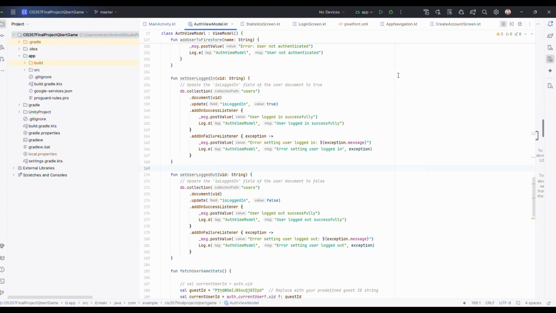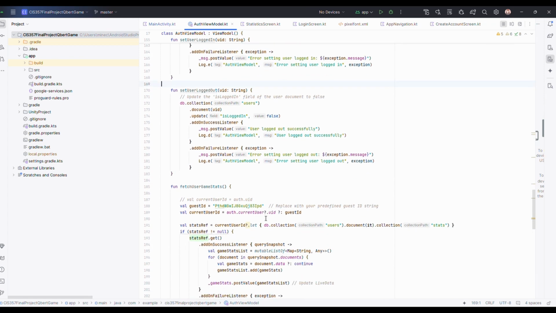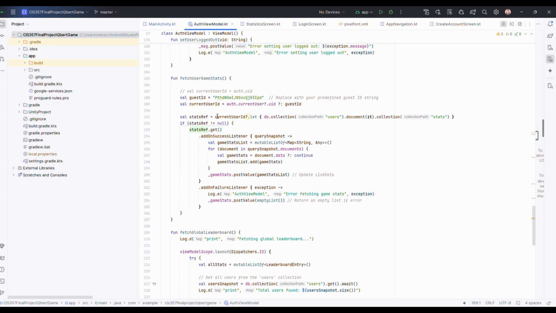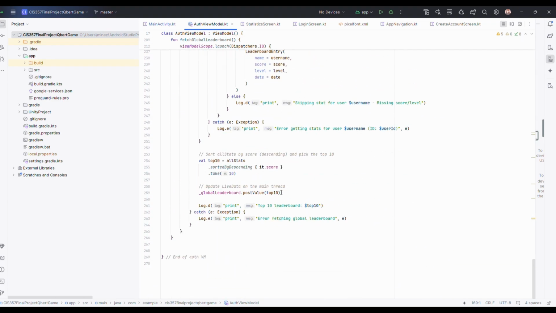One thing I did for Firestore, since I had to connect Unity and my Android Studio app separately to Firestore, and I wasn't able to get data passing between them to fully work, I just added a flag in Firestore for is logged in for each account, so I know which account's logged in on the Unity end. And I just have these functions to get the leaderboard, get the game statistics,